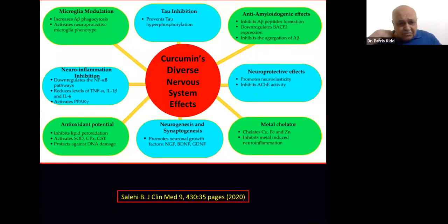And this is just a quick summary of the versatility of the curcuminoids. Let's start at the bottom blue oval where it says neurogenesis and synaptogenesis. So the curcuminoids are able to elevate the levels of growth factors for neurons, especially nerve growth factor, brain-derived neurotropic factor, and glial-derived neurotropic factor, all of which, as they're being released in the adult brain, can lead to enhanced maturation of nerve cells and